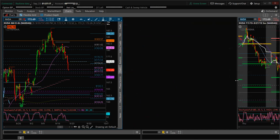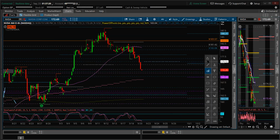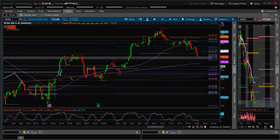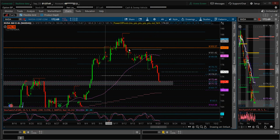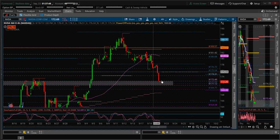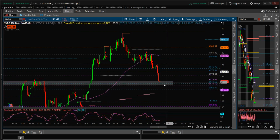So NVDA is entering that zone, the buy zone, right here. Let me extend because this is old. Right there. See the big orange? Once you have that confirmation that it couldn't hold, you could short it over here on this retest and fail, and then write it down. So if we can't hold this,